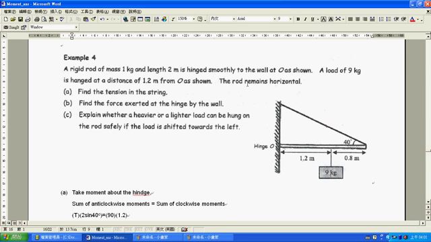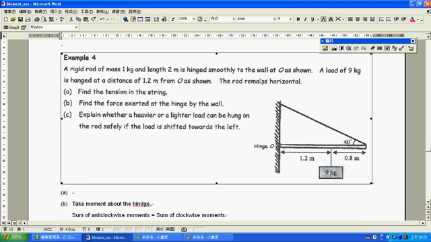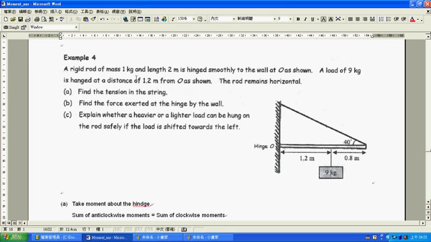We now come to this example 4, and there are two versions. So this is version 1. Now the diagram speaks for itself. It's a uniform rod of mass 1 kg and length 2 meters, and that's a string. So in part A, we are required to find the